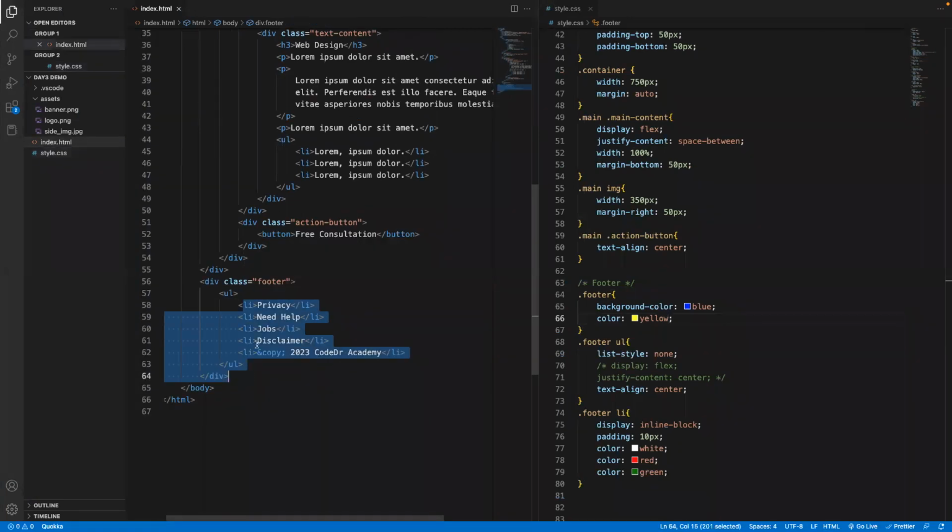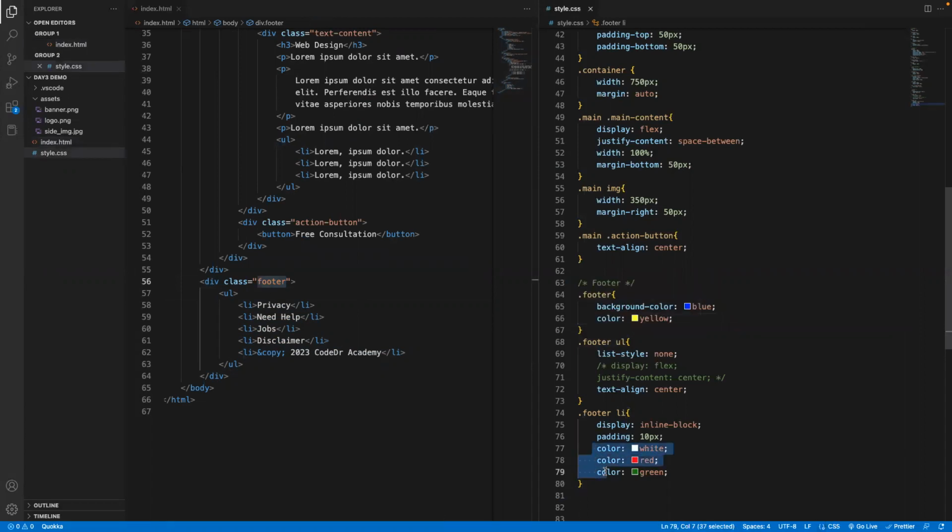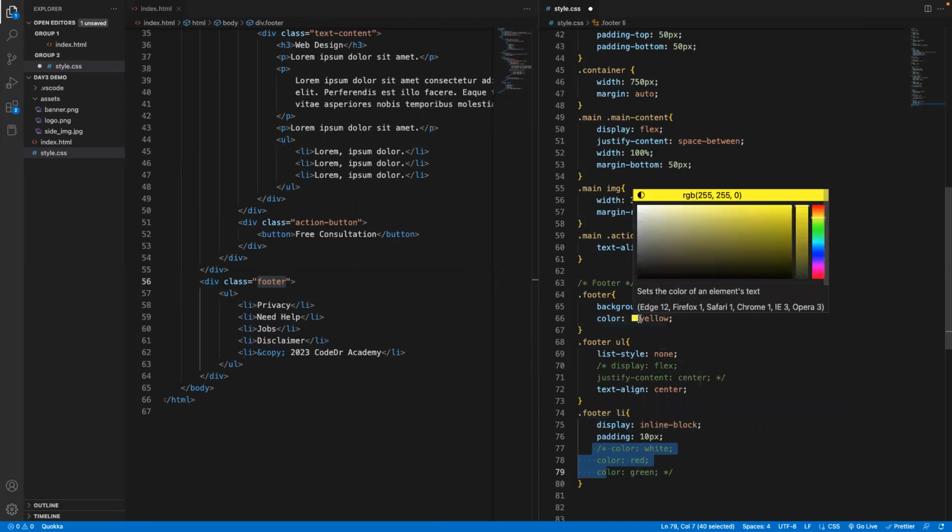The li you are seeing is a child of the UL element, and the UL is a child of the footer div. So automatically, if there are no colors stated here, the li will inherit directly from the footer, which is